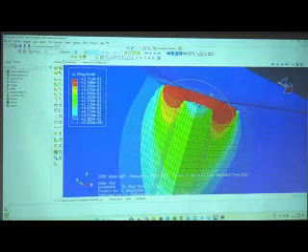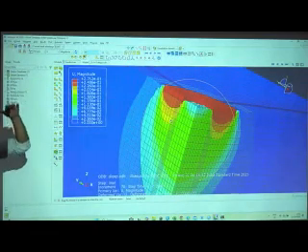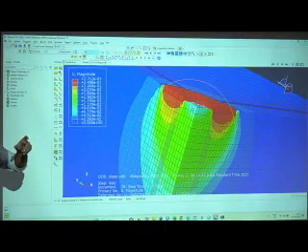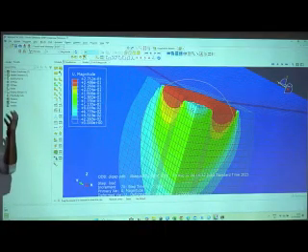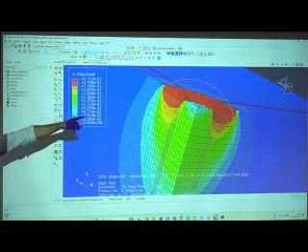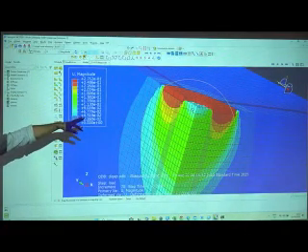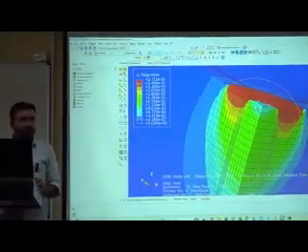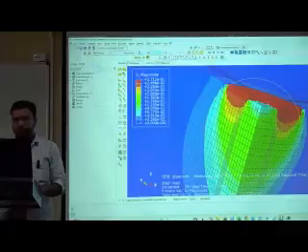So we can clearly see as the raft goes down, there is an opening in this ring, so soil will move out from that opening. So you can clearly see this from the final analysis. Okay, so now we can go for the load settlement curve. Or